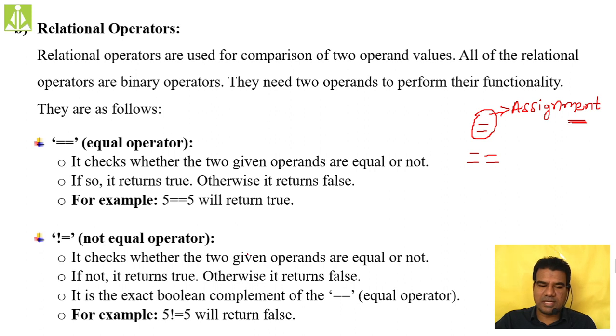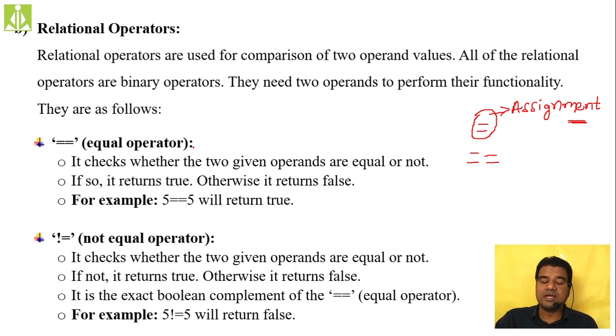So how can we do it? Here you can see the not equal operator. Maybe it looks like a big two lines to you, but they are not two lines; there is a gap in between. You have to see that there is a gap in between. It is two equal operators, and we call it the double equal operator, and in short we call it the equal operator, and we use two equal signs to frame it.